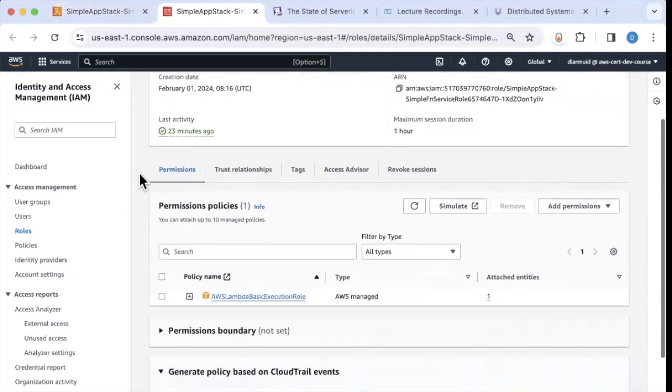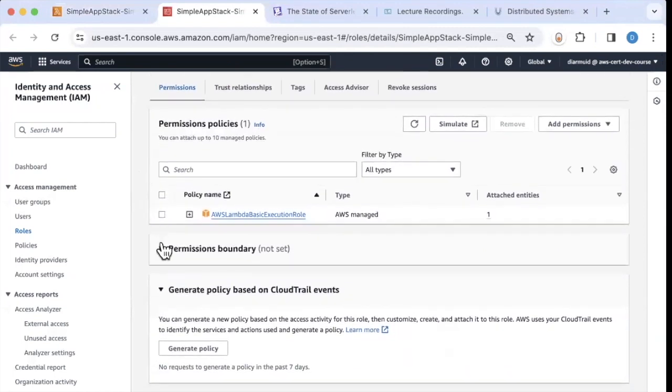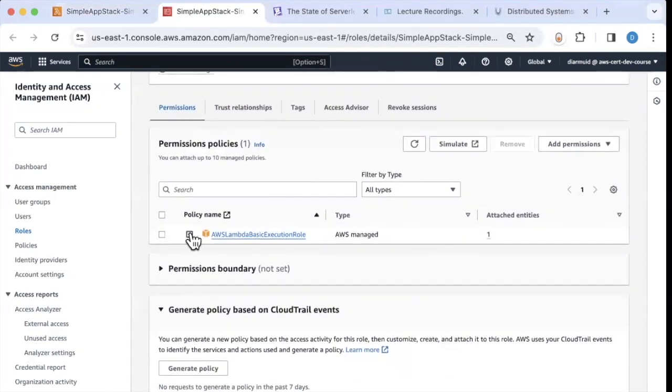If we drill down into this role and look at the permissions, we can see that there is one policy attached to this role, and it's one of the managed policies that I mentioned a while ago. It's the basic policy associated with any Lambda function to allow it to talk to CloudWatch logs. So this is an example of a managed policy. And if I click through to see the details of that policy,